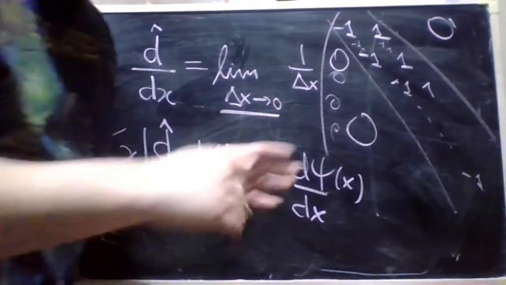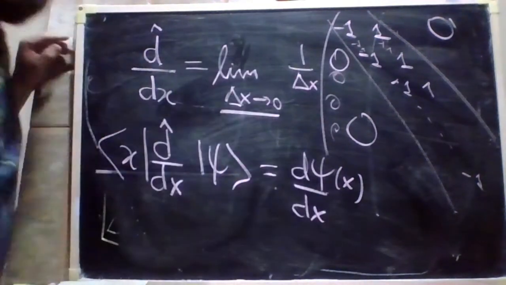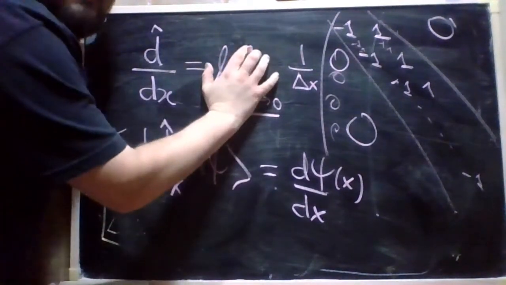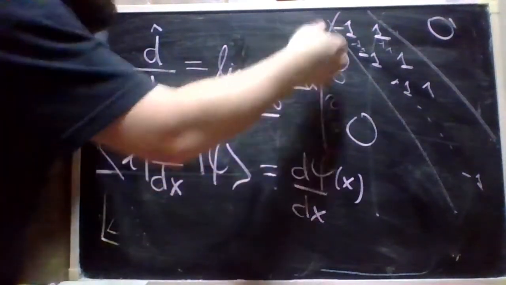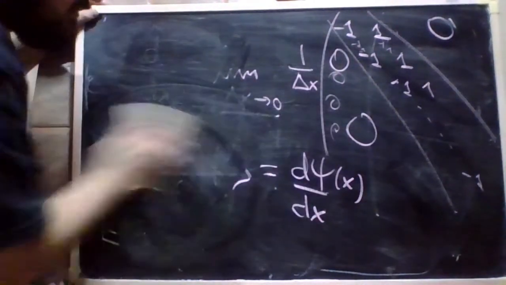It becomes infinite dimensional, so it's a limit process. But if I remove the limit at first, I can produce a matrix representation of that operator. So I'll let you in the end